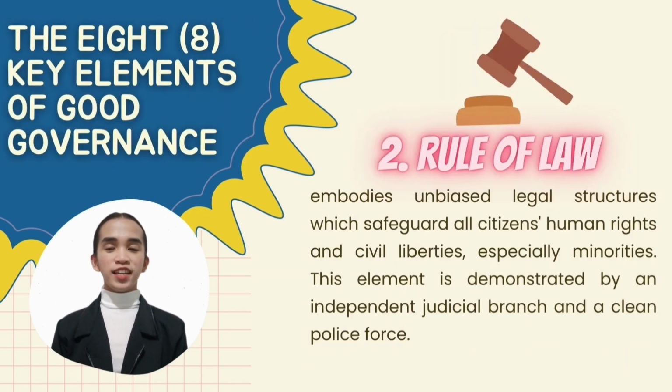Rule of law, on the other hand, is the second element. Good governance necessitates fair legal frameworks mandated by unbiased and balanced governing bodies protecting stakeholders. The rules, rights, and obligations of businesses, governments, and citizens outlined in a system of legal documents are recognized as a legal framework. This feature entails adhering to the community's current rules and regulations. An impartial court system and a clean security force convey this component.